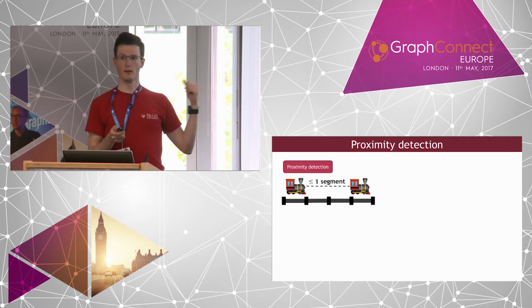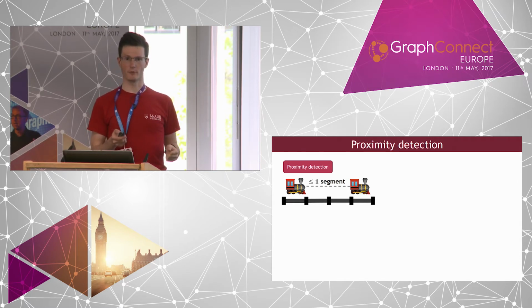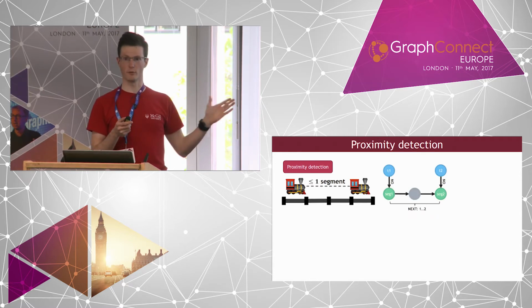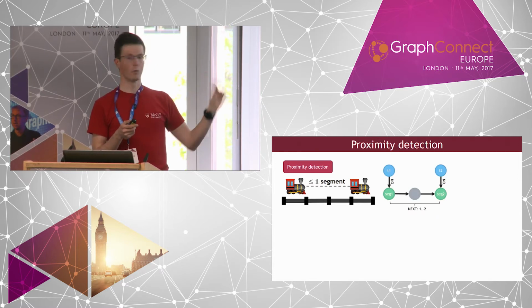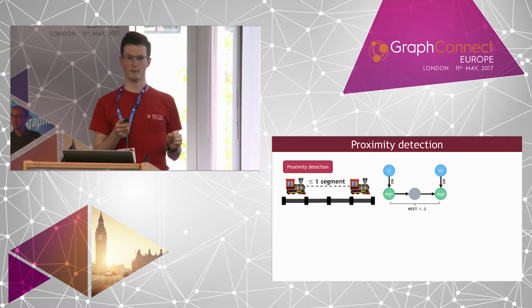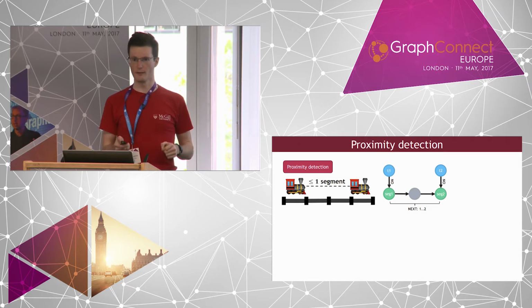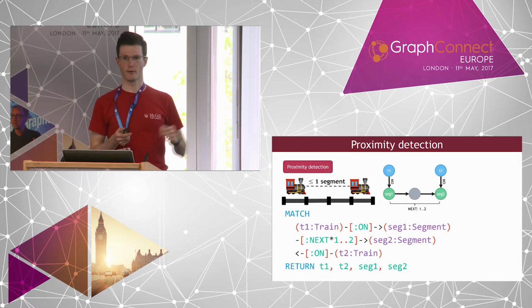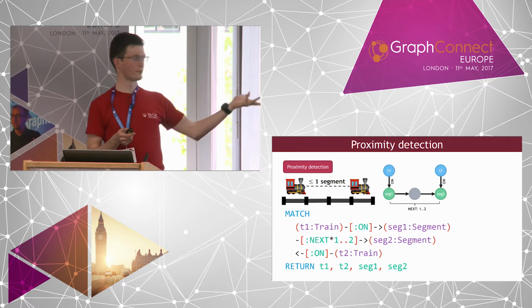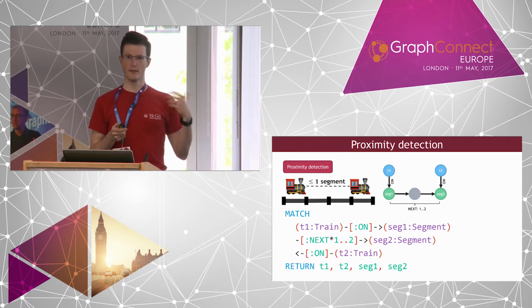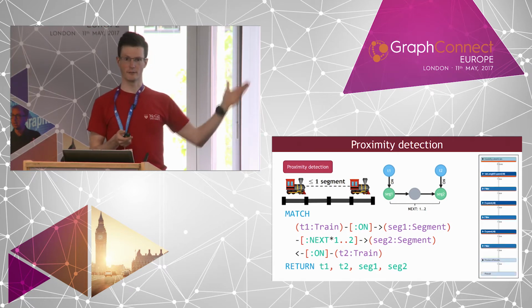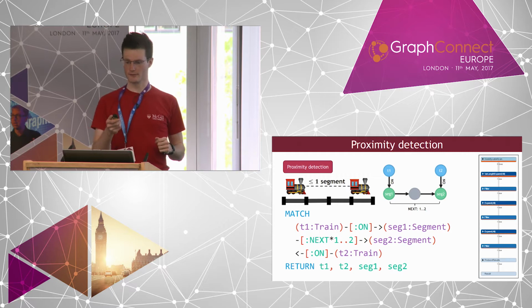So for example, the proximity detection can be captured by a simple graph pattern that says that if there is a train that's on a segment and there is only one or two next edges between the next segment that has a train, then we issue a warning. We can formulate this in Cypher pretty easily. Cypher is quite easy to write and read, so this will be our Cypher query. And if we have a Cypher-compatible engine like Neo4j, it will generate a nice query plan and evaluate this quite